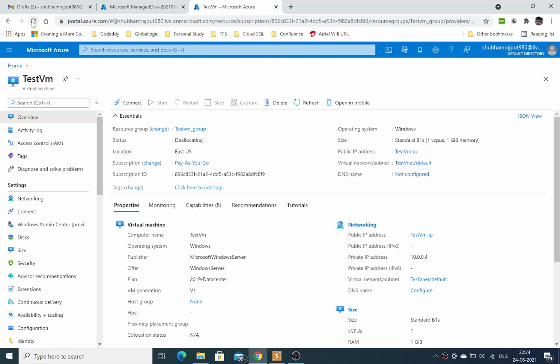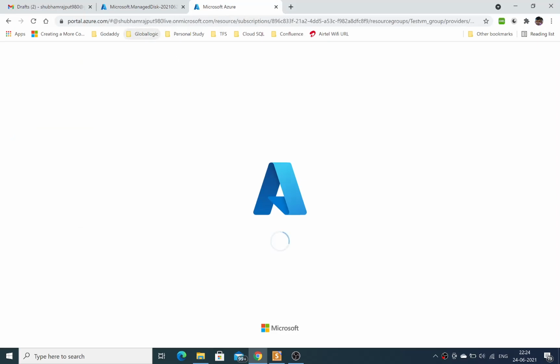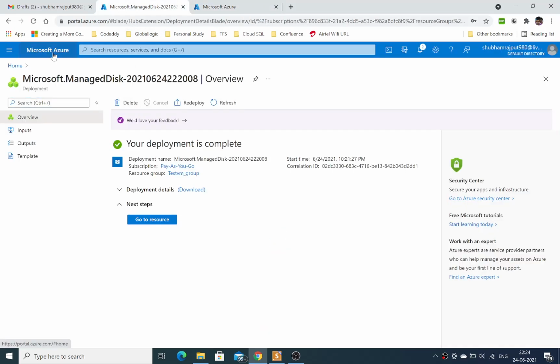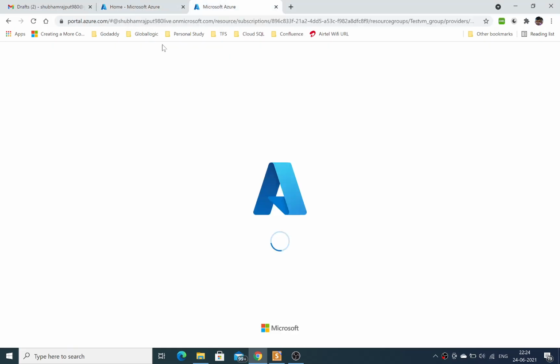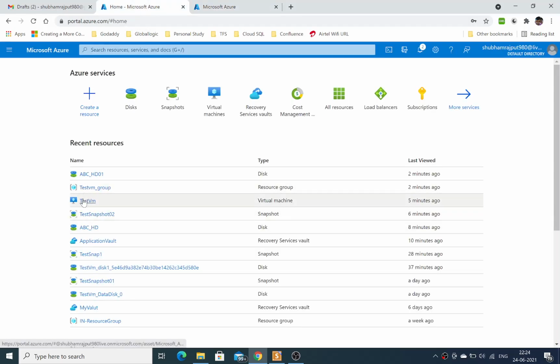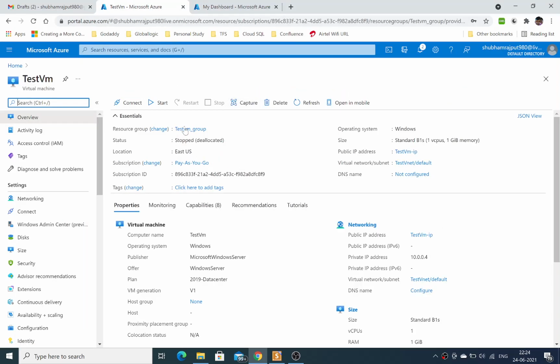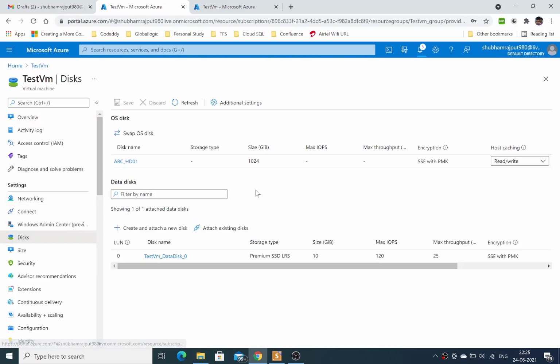If I refresh it, it will show me all the information. If I go into the test VM, you can see that my virtual machine is right now off, so I'm just starting it. And you can check in the disk section that ABC hard drive 01 is attached. This hard drive was created using the snapshot.